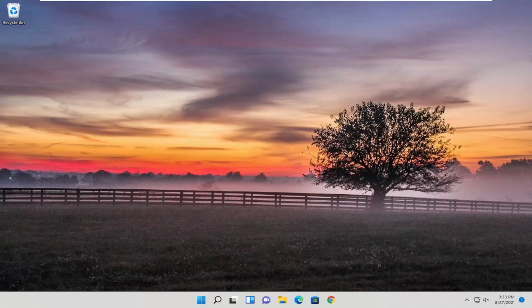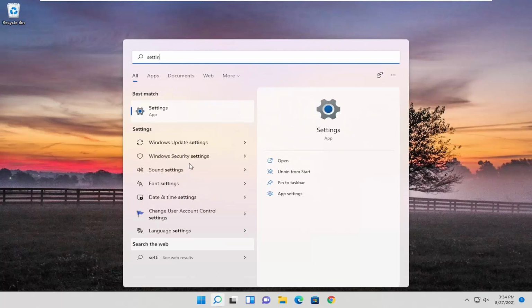In today's tutorial, I'm going to show you guys how to resolve the optimal resolution message or warning you're getting when using various apps or programs on your Windows 11 computer. So this should hopefully be a pretty straightforward process, guys, and without further ado, let's go ahead and jump right into it. So all you have to do is open up the search menu, type in settings, best match will